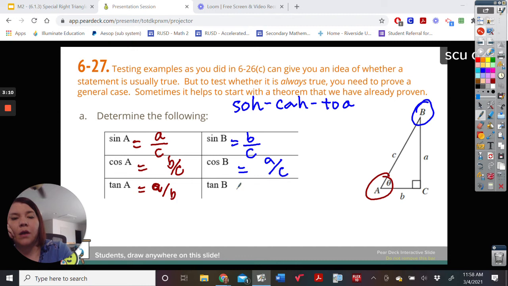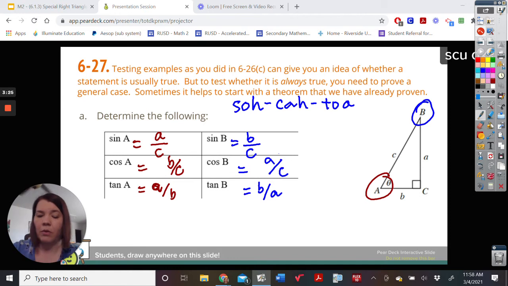Okay, so the idea is we have both of these. We're going to use these to help us as we go forward. Kind of take this picture in your head and bring it with us. We're going to use it as we go through the next set of problems to help us figure out what's going on. Okay, so again, sometimes it helps to start